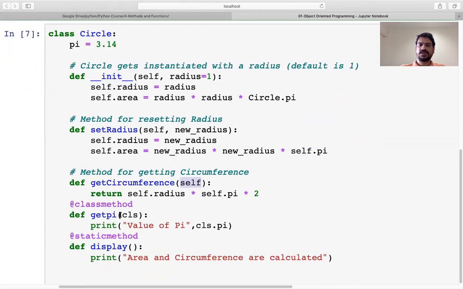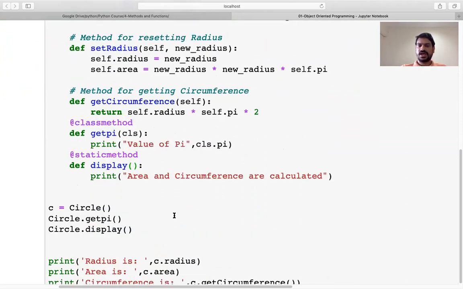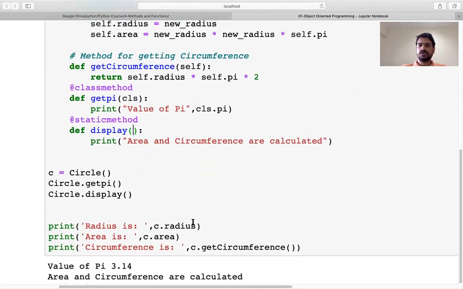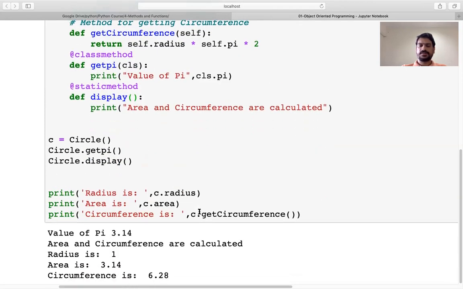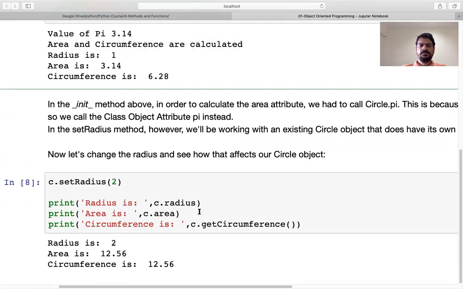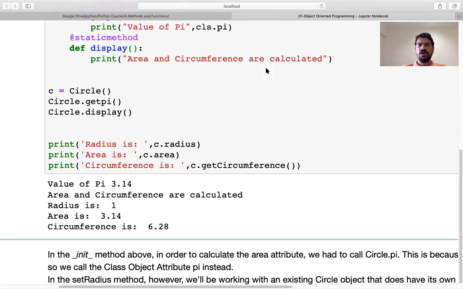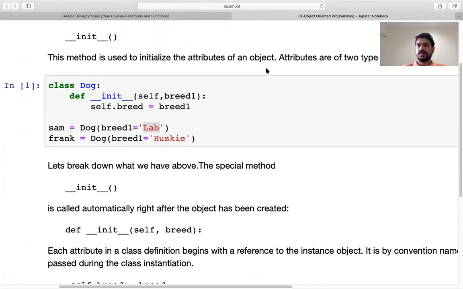Then we have a class method where cls is the attribute, and if it doesn't have any attribute, that is called a static method. To call all these methods, we have some provision. We can call all those methods by using the dot operator, and we can use the object as well as the class name for doing that. So this is all about your class, its attributes, and the methods.